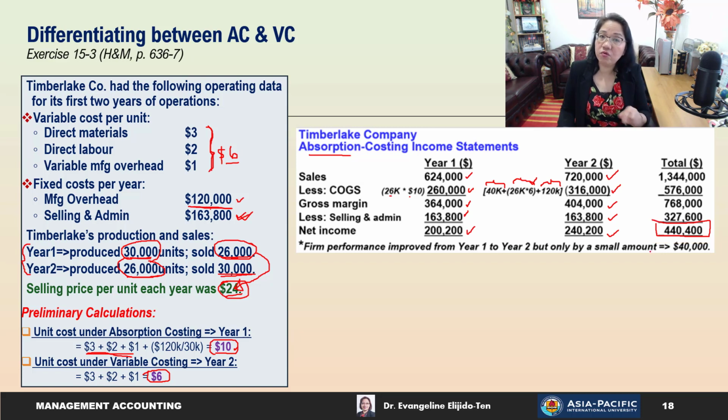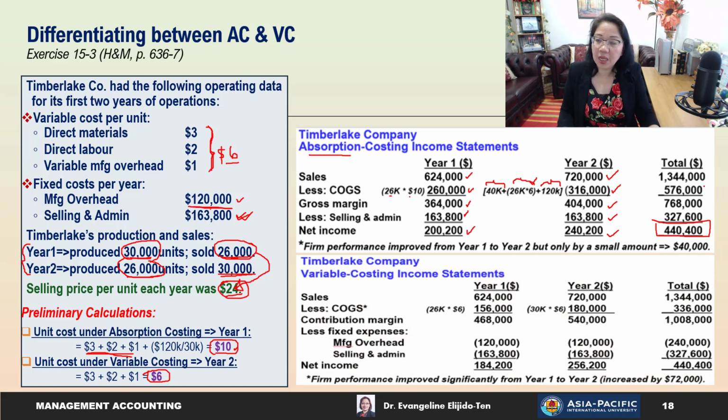So now let's move on to variable costing. The sales under both variable and absorption costing will be the same, 624,000 and 720,000 for year 1 and year 2 respectively. But the cost of goods sold will be different. Remember, we have sold 26,000 units in year 1 and our cost under variable costing is $6. So we'll multiply 26,000 by $6 and that's